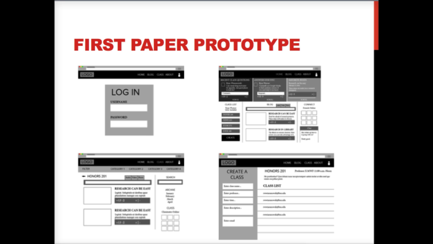So here are 4 images of what it looked like. You can see the login screen. It's user-centered at the top, so you have 3 modules at the top that were answers for me, recent class questions, and then recent posts. It allowed you to make a post in a central area, have a class list to the left, and then a chat area to the right. And you can see the functionality with the create a class, and it was all really geared towards the user, and that was all because of the design alternative and early testing.